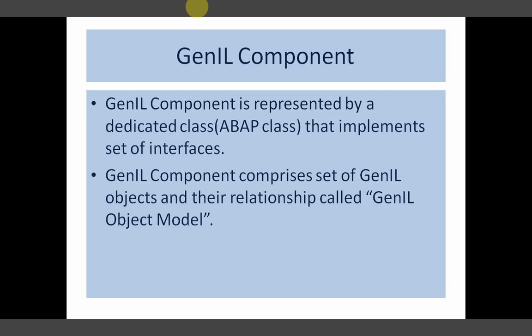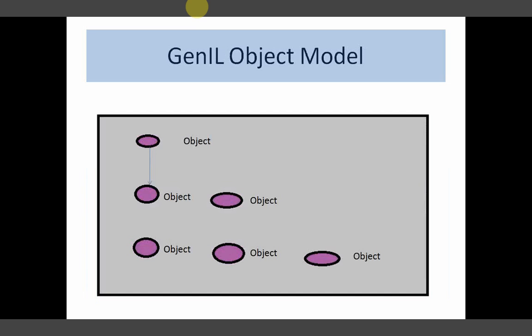Now fine. So we know the responsibility of Genil objects: just to hold temporary data that is processed from our APIs. And the role of a dedicated class is to interact with the APIs, get the data, throw it into an object model, and intimate it to the upper layer interfaces, so that the whole gets communication about that.